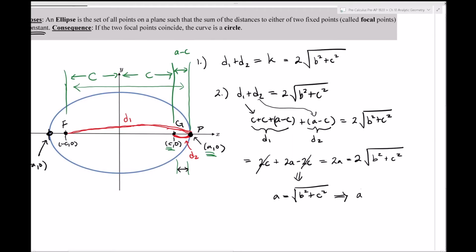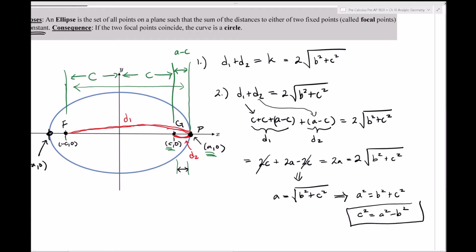If that's the case, a squared is equal to b squared plus c squared. So what I can also do is solve for c squared. c squared is equal to a squared minus b squared, which I'm going to go ahead and box, because that's a very, very important fact. That's how we find the focal distance, c, if I know the sizes of those axes, the major axis and